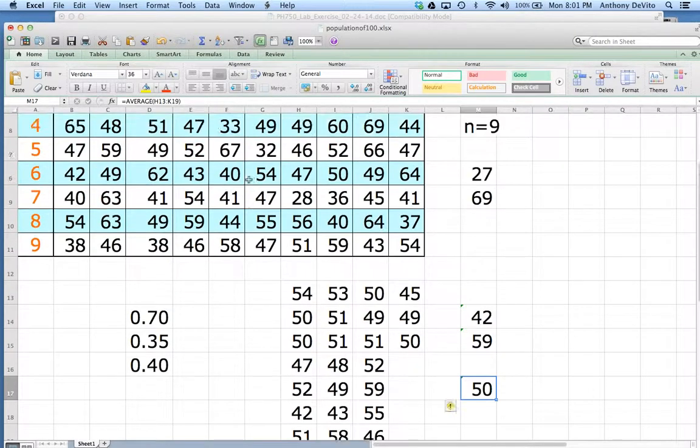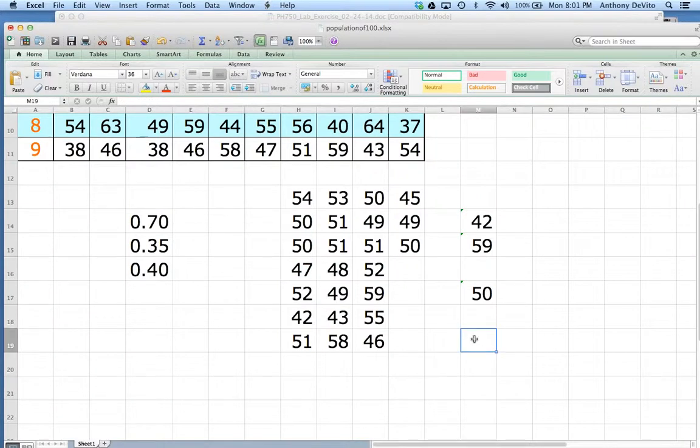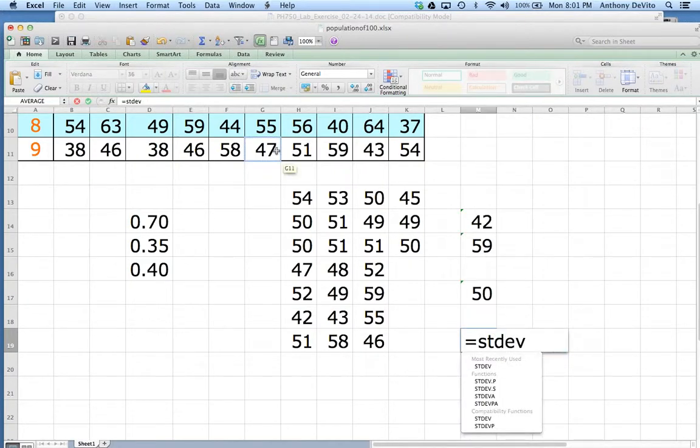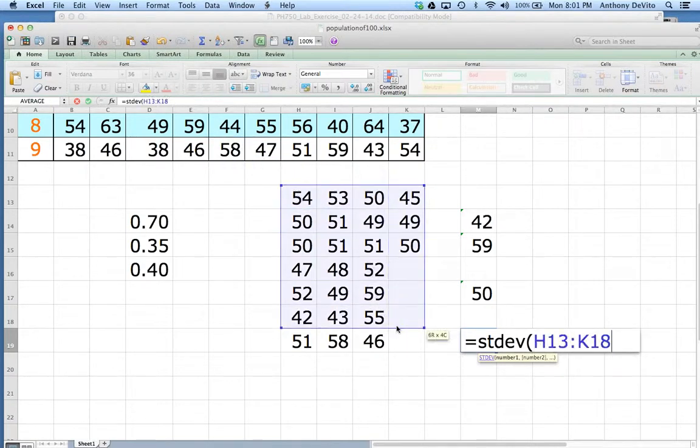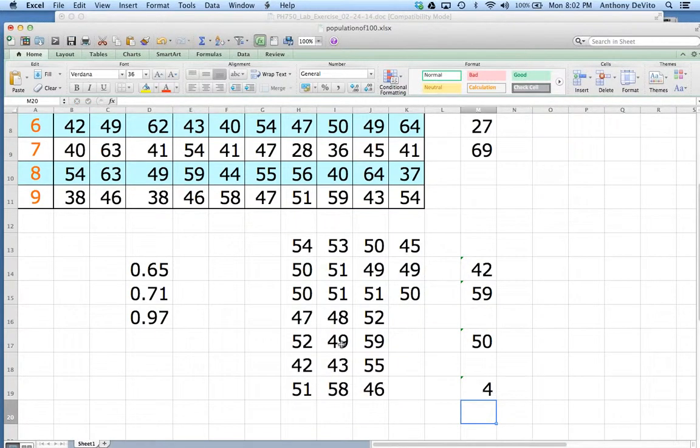Now, let's talk about the standard deviation. The standard deviation of the population was 9. What do you guys think is going to happen to the standard deviation of the samples of size 9 from that population? Anyone have a guess? Is it going to be similar to the one for the population, or is it going to be different? Oh, I got one: smaller. You guys all agree it's going to be smaller? Well, the numbers are closer together, so the standard deviation is going to be smaller. And in fact, it comes out to be 4.